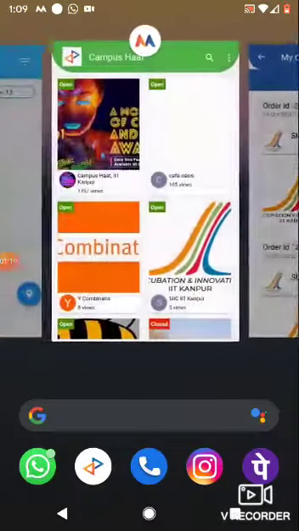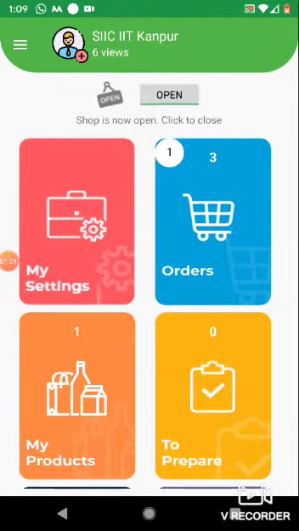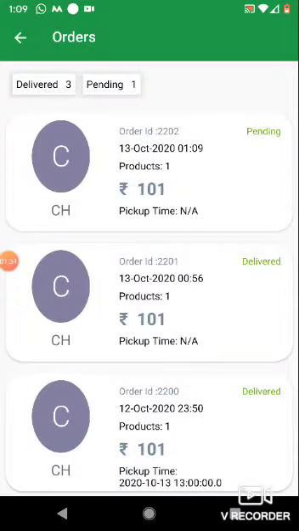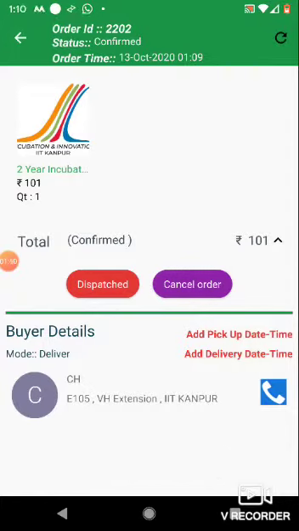Now my order is created, and you get notification on the business application Malik as well as the Rangers application. Let's go to the Malik application, which is used by the business owners, where they track orders and they can manage their inventory. In the orders tab you see one is showing, that means one order is pending. On the top also you can see that you have delivered 3 orders and one is pending. I will click on the pending order, and you have two options, either you can confirm or cancel. I'm going to confirm this order, and after that confirmation I can also give a pickup time or a delivery time, so that the customer knows when they can collect it or when it will get delivered.